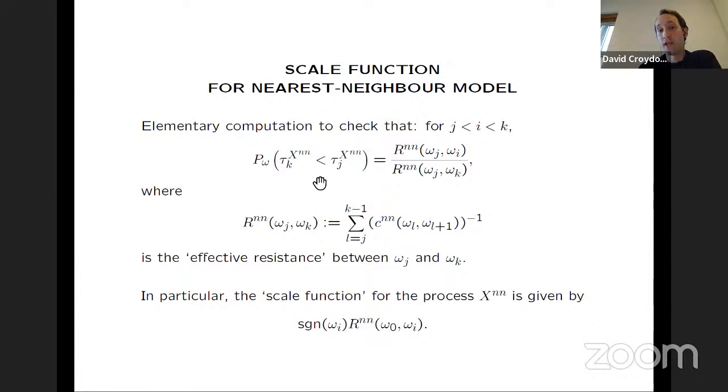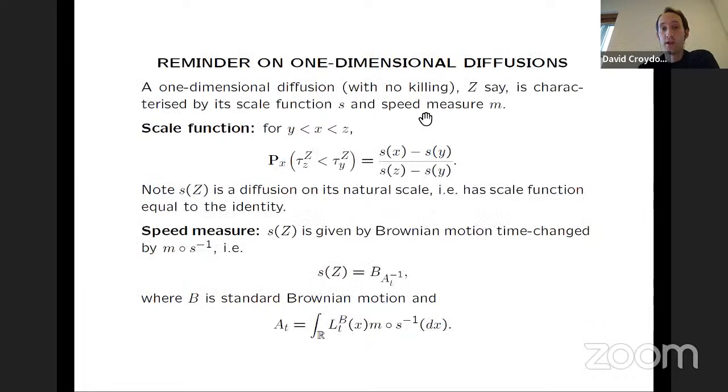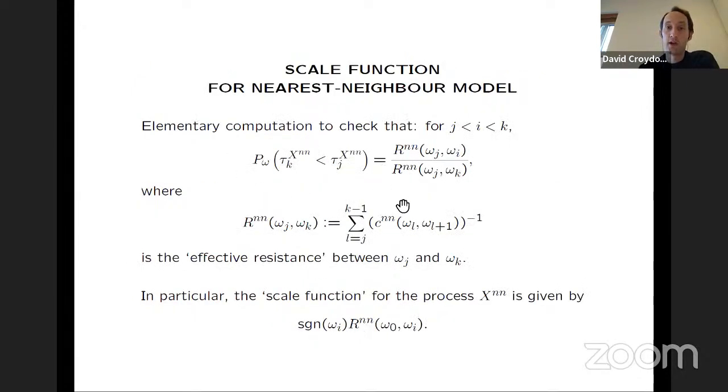For the one-dimensional case, this is when we're looking at only the nearest neighbor random walks. This is an almost elementary exercise, just a gambler's ruin type exercise, to check that we can give a formula for this directly in terms of the nearest neighbor resistances. In particular, just as with the scale function here, where these hitting probabilities were described as ratios of scale function differences, we can describe these in the discrete case in terms of differences of nearest neighbor resistances between various sites. And you'll see here that this R_n(ω_j, ω_k) is just the nearest neighbor resistance from ω_j to ω_k,